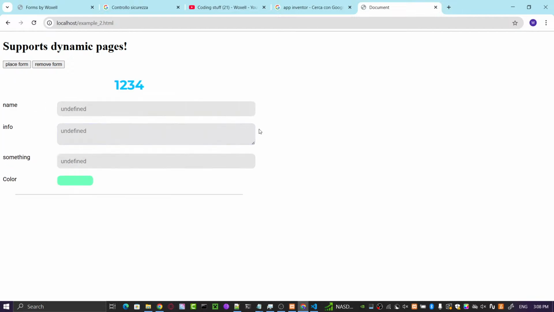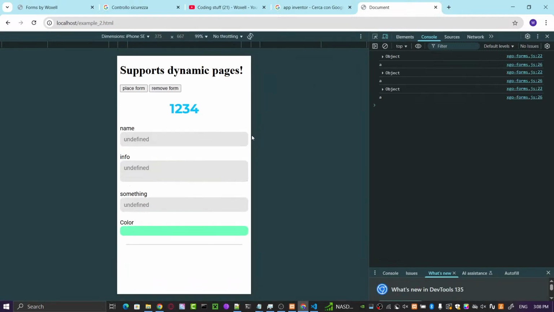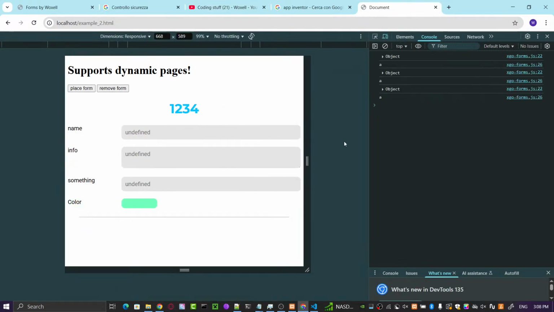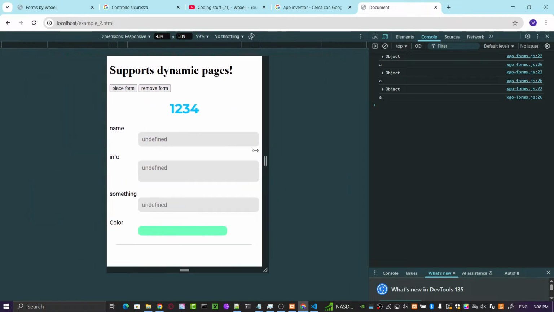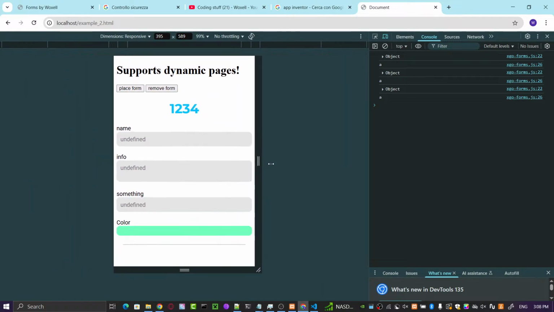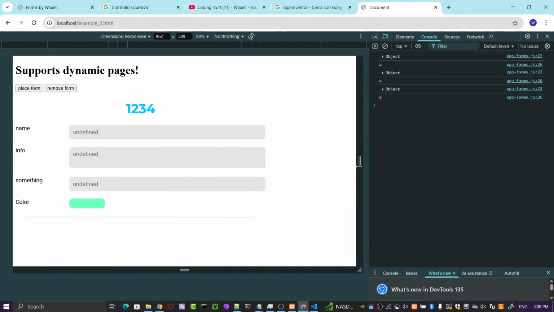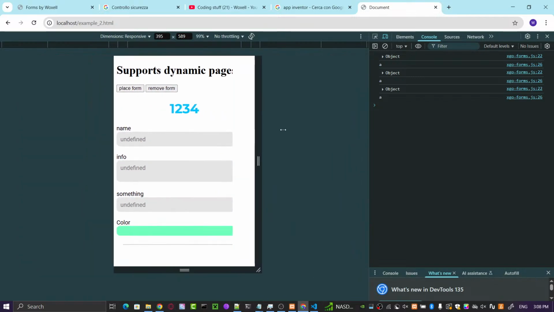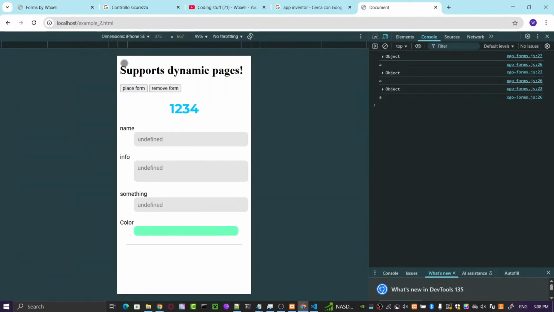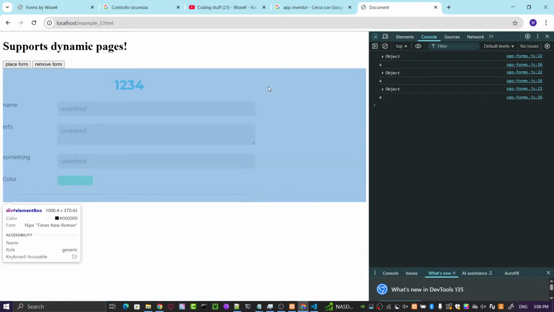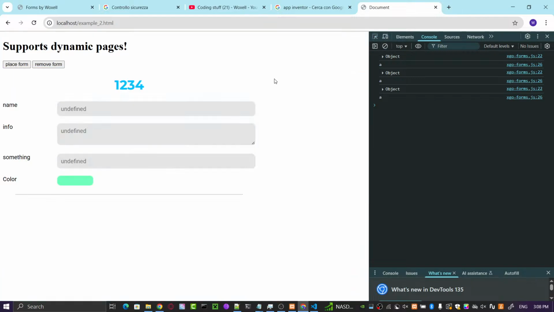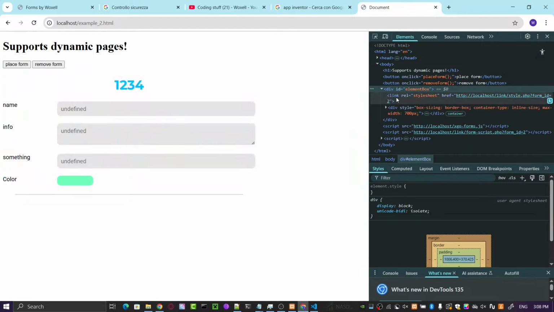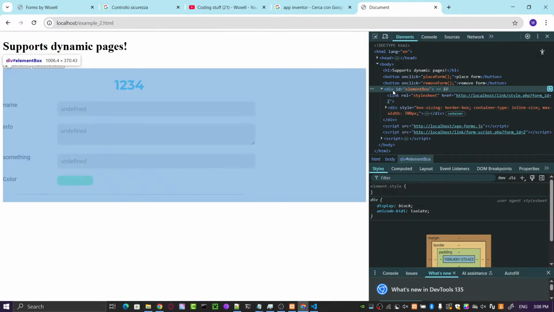Look, if you go here, it's responsive, and this is the element box, and you can resize this element.